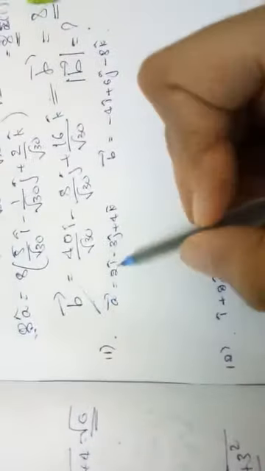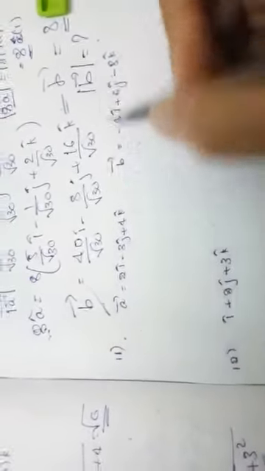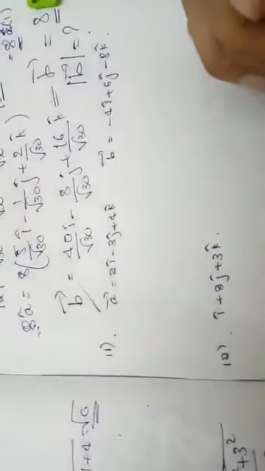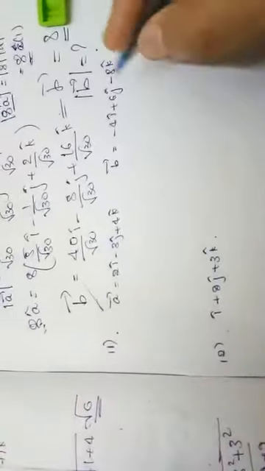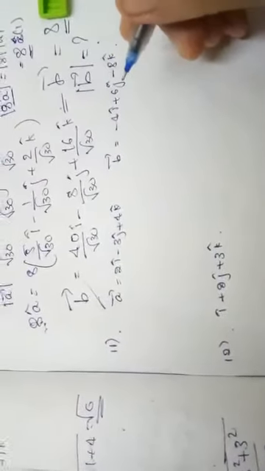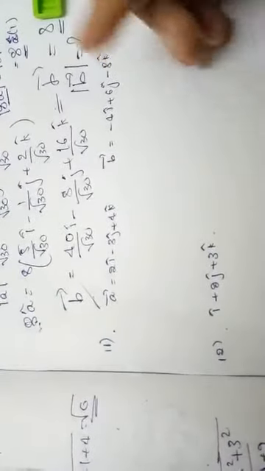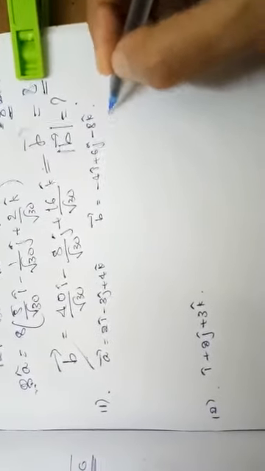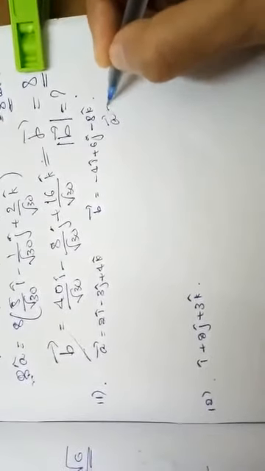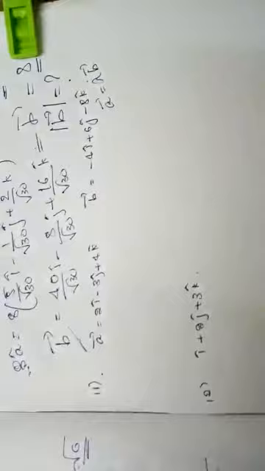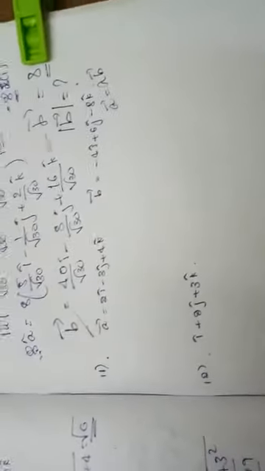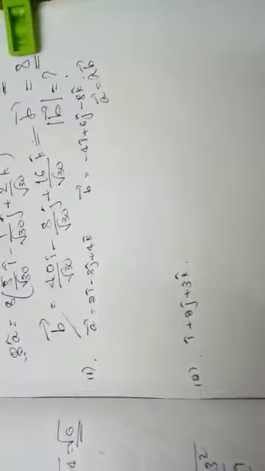So the 11th question, they have given two vectors and they asked us to show that these two vectors are collinear. So what is the condition to say that two vectors are collinear? I said that two vectors are said to be collinear if one vector is some lambda times the other vector. Check here whether any vector is some lambda times the other vector.